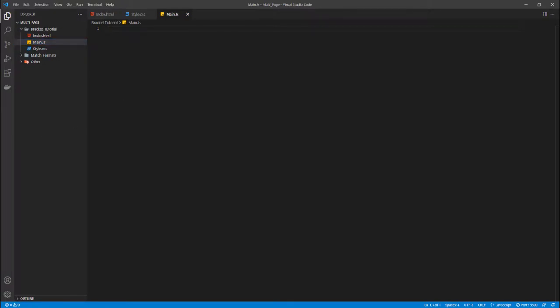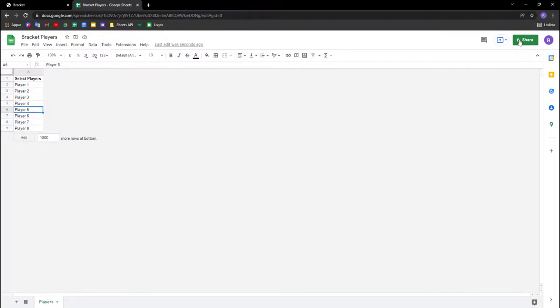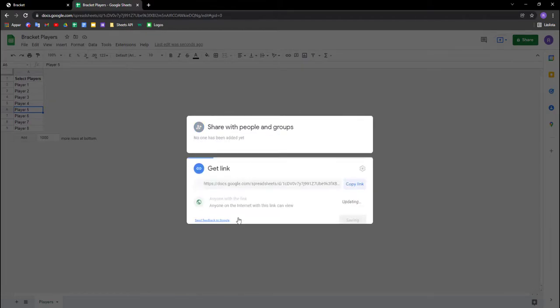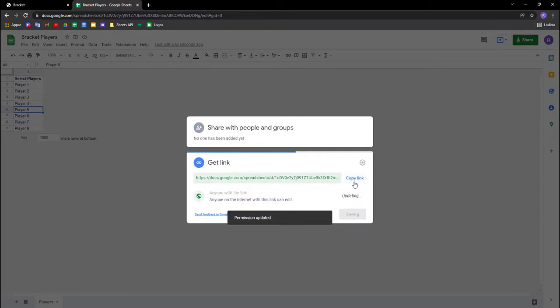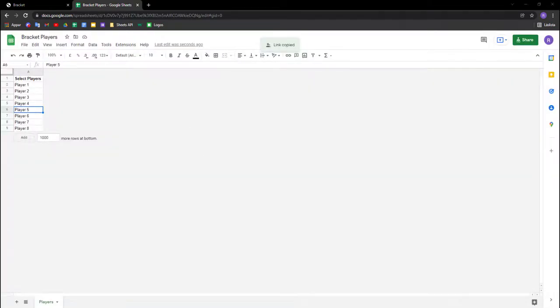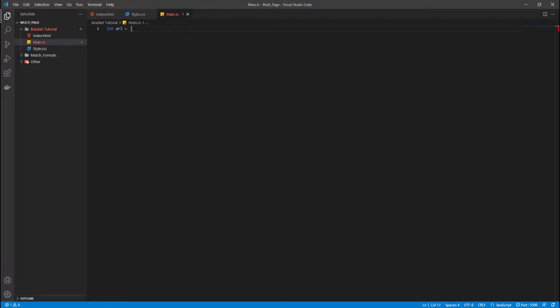So the first thing we need in the code is to create a variable called URL. So let URL equal to. Right now we're going to add the link. I do recommend making it the edit link, since you're going to need it later for access, so make it the edit link so anyone can access it, but the admins are the only ones that are going to be able to view it, since it's only accessible on one computer, so you're not going to share the entire code with someone else. Delete this part of it